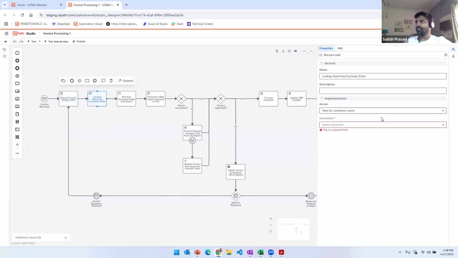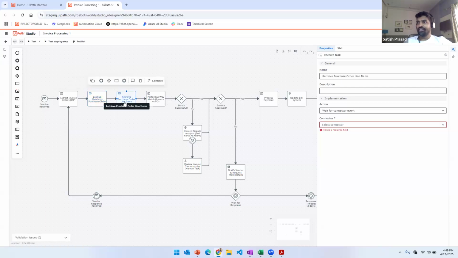Similarly, in this next step, this is a connector-based event. This is a receive task, right? This is basically not an automation. It is waiting for some event to occur with the help of Integration Service, and with the help of the connector you should be able to subscribe to that particular event. So let's take an example. You are waiting for a record to be created in Salesforce, right? With the help of this receive task activity, you should be able to wait for that, and the moment that record is created, you should be able to move to the next step.